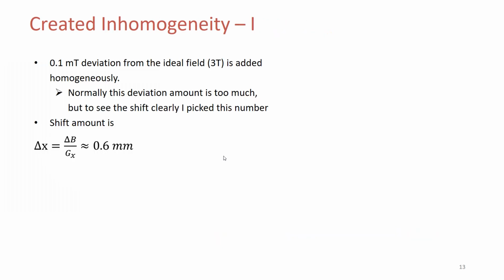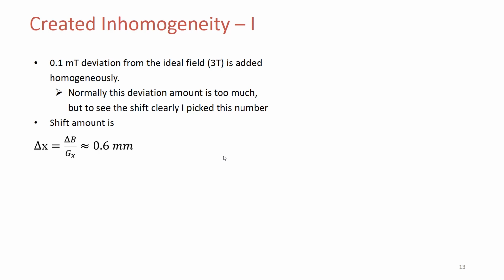However, as the field of view reduces, overlapping starts to occur, and in the extreme version, it's not possible to realize the underlying image at all. And as for inhomogeneity, in the first case, I had 0.1 millitesla deviation homogeneously throughout the scanner volume. Actually, this value is normally too much. Normally, what happens in an MRI scanner is that there is 1 or 2 ppm deviation at most. But since the resolution in my simulator is not high enough,